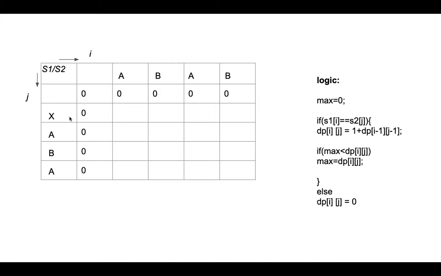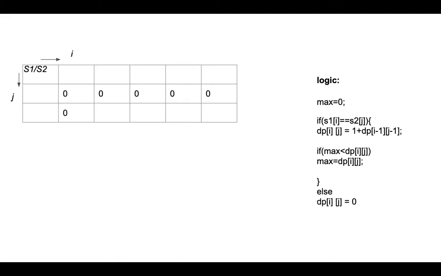Next, we have to check each character of string S1 with string S2, and if there is a match between both of the characters, we have to take the diagonal element, add 1 to it and fill the block. Whenever there is a match, we have to update the max pointer as well, and max would be initialized with 0. If the block value is greater than the max value, we have to update max with that value. So that was the case when there is a match between both characters, and if there is no match, we have to fill the block with 0.